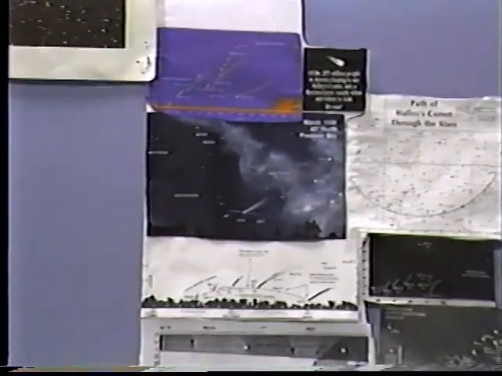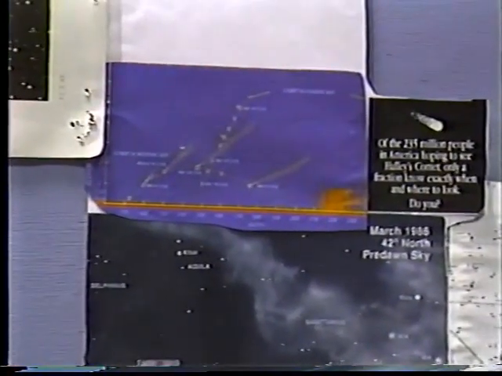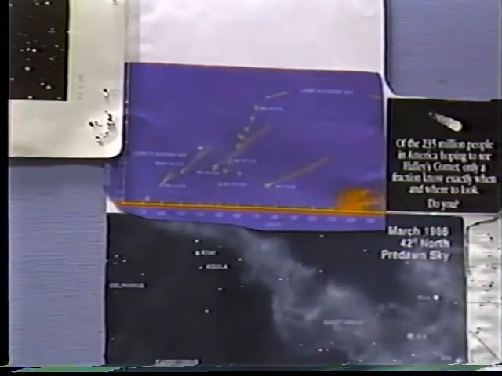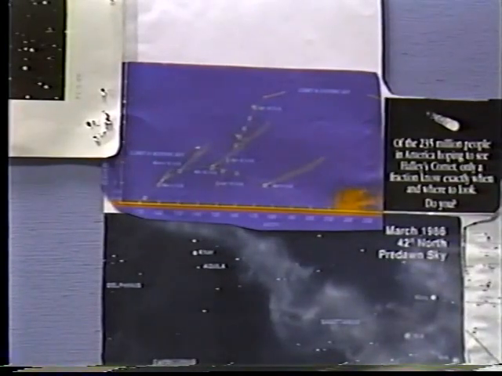And actually, you can't, well, there you go. Zoom in on it. That shows you how big the tail will be. Okay, now, the tail will be at its longest at about April 5th. Now, we're 42 degrees north latitude, and it's going to be very low on our east-southeastern horizon, actually our southeastern